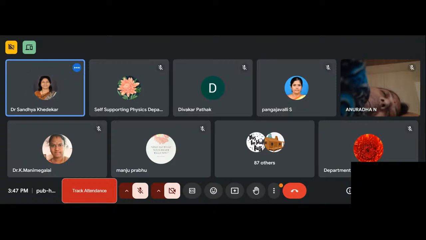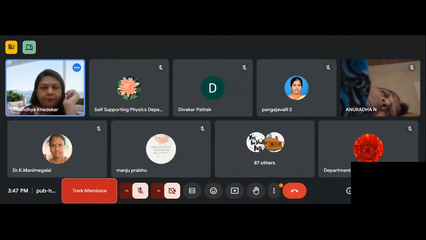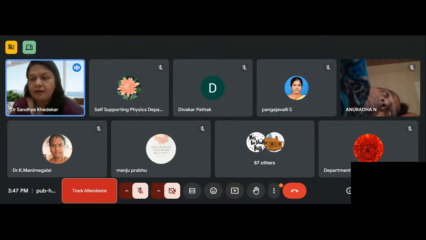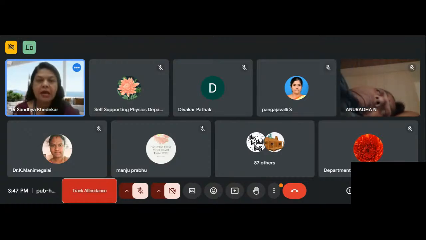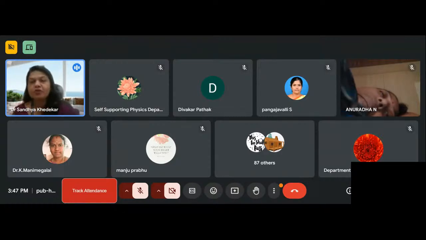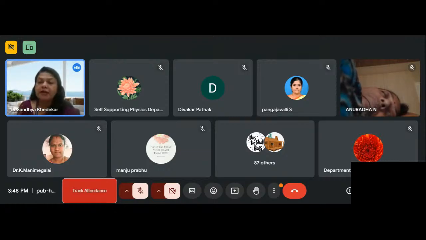And let me tell you one thing: once we are using one kind of technology and we try to adapt to that, in the next 8 days some other technology comes up, and there is always an upgraded version of all these technologies. So keep track of it. The important thing here is, once you learn to use all this very efficiently, your day-to-day or monotonous tasks will get much easier.